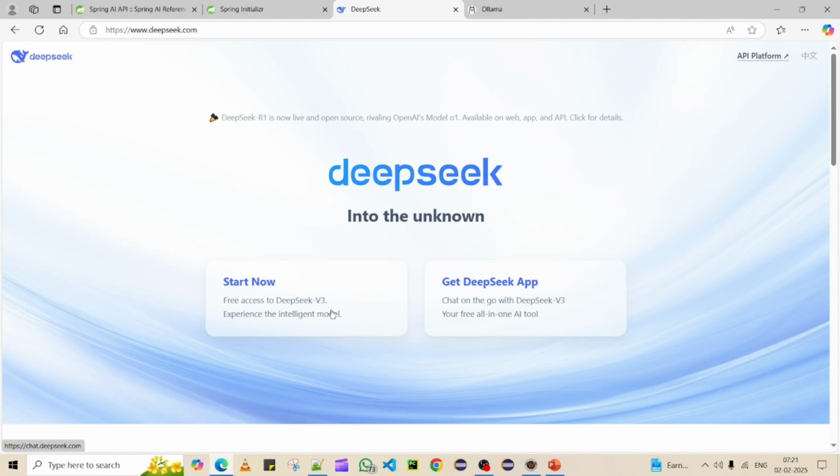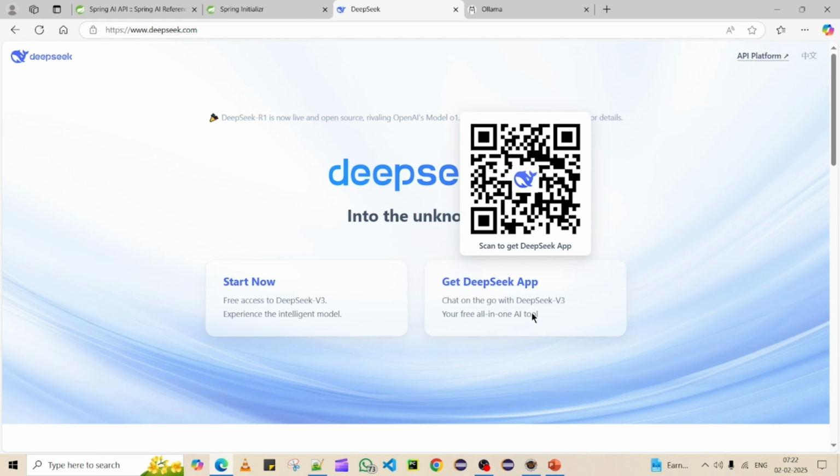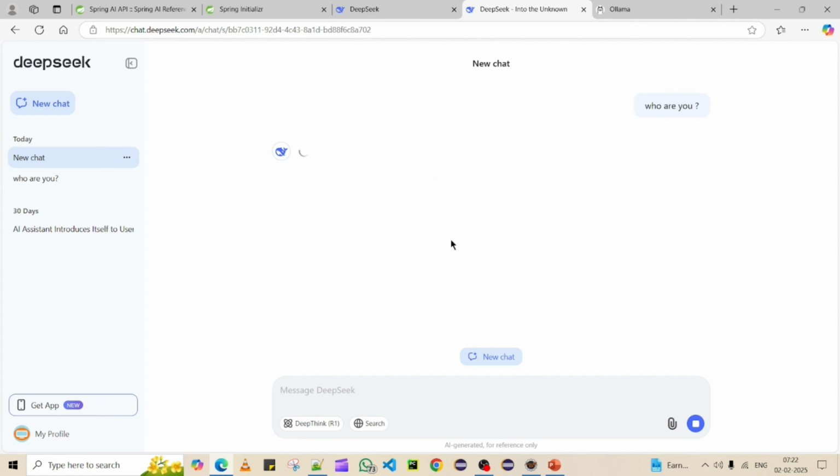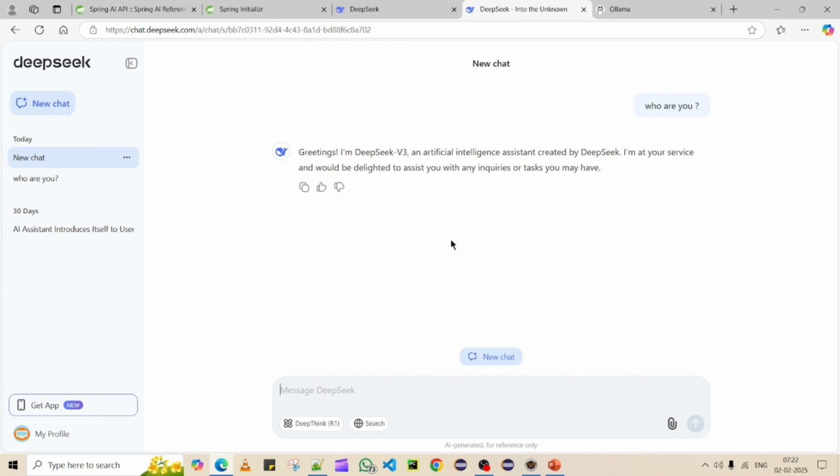The first one is we can use the web model on the website, where we fire some queries and get the response back. The second one is just to download the app. But now let me show you how it works. This is the way you get the DeepSeek chat model, and here you can ask a question and we will get the response back. So this is one way: directly from the web you can ask questions and it will give the response. Let me ask a simple question: